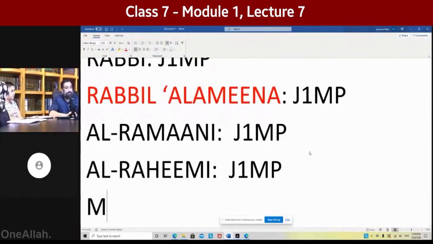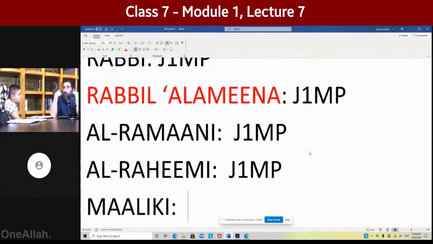Now the fun begins. Maliki. What's unusual about Maliki? Your ears should be trained by now to say something is off. Normally, a word should be heavy. So is this heavy? No, this is light. So this is a jar. And on top of being light, it's jar and it has no al, which means it might be a